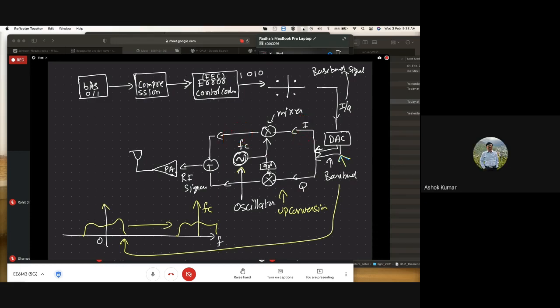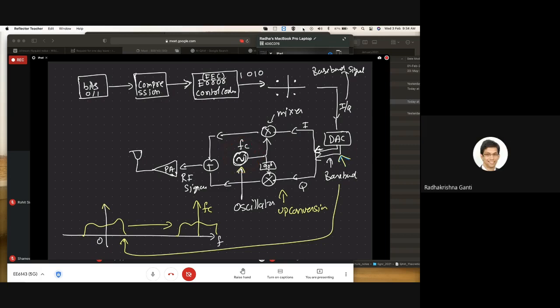So basically, let me understand. Suppose I'm using 4 QAM, and I have two bits of information, either 00 or 01 or whatever combination, and that is finally converted into an amplitude and some phase, right? Yes, so IQ. One after another, such bits will start coming. So it will have some frequency, right? Yes. And then those need to be converted to FC later on, right? Yeah, that's what is connected to the FC.